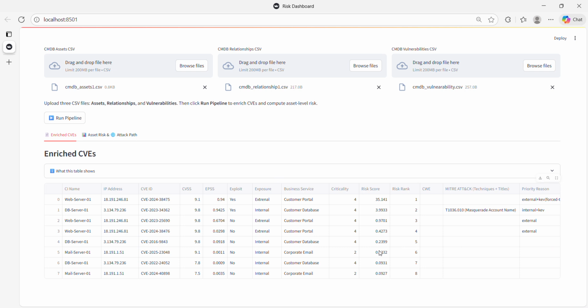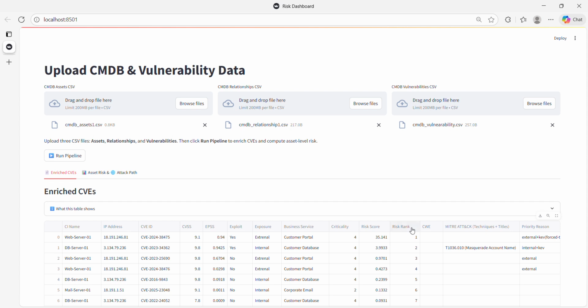So this is a dashboard which has been created using Streamlit for my project 2, that is on vulnerability intelligence with asset based risk ranking. In this dashboard, there are three required inputs that have to be provided. The first is the CMDB asset details, that means the organization's asset details and their relationships. Each asset relationship detail needs to be provided here, as well as the vulnerabilities that have been identified based upon these assets. As soon as these three inputs have been provided and